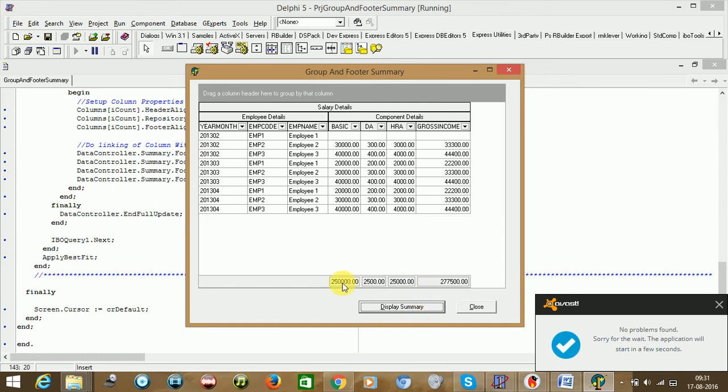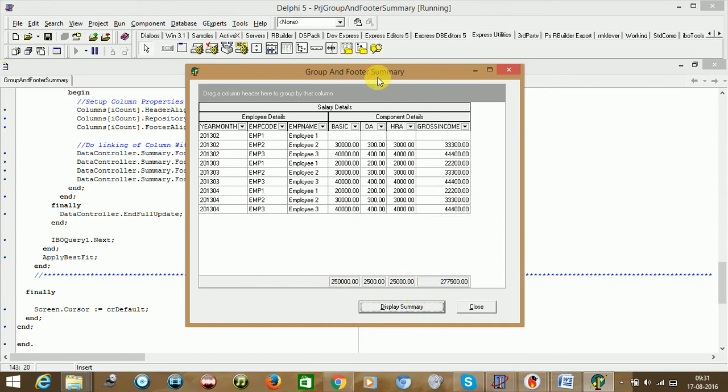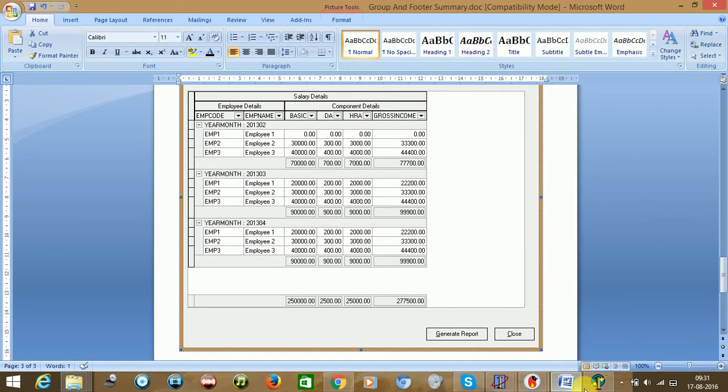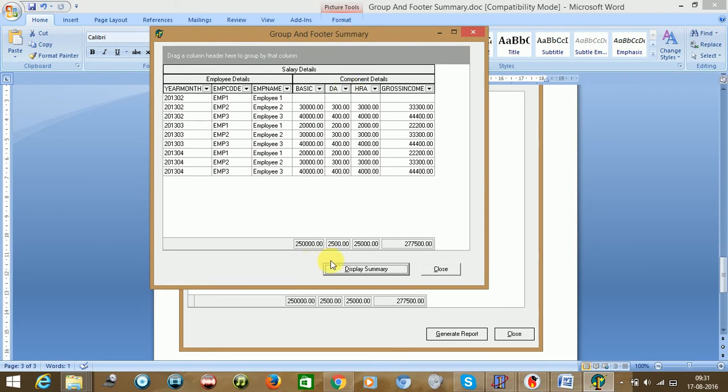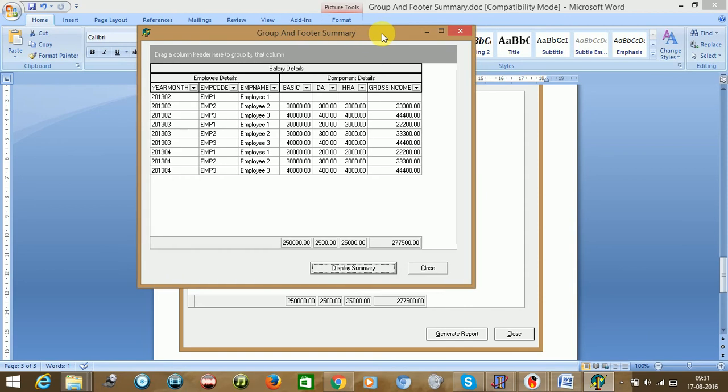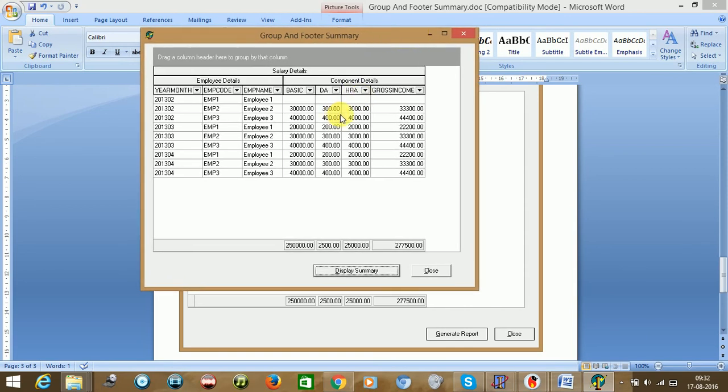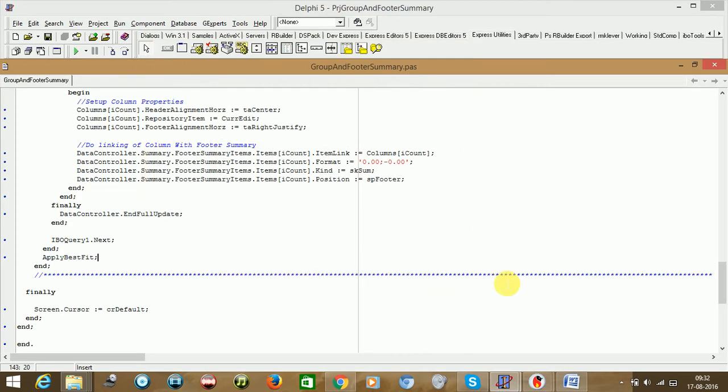As you could see the data in front of you, this is what exactly we are looking for. Year month, as you see here, and 25th, this one as well, and this one as well. Right, the first part we have cleared. Now the final part, we need to do the summary part, group summary part. Now if you see here, this is the group by box property is true, that's why it is coming, so we need to make it false.